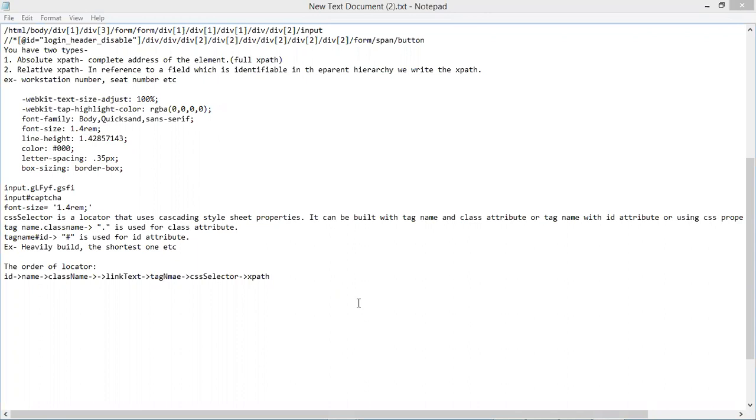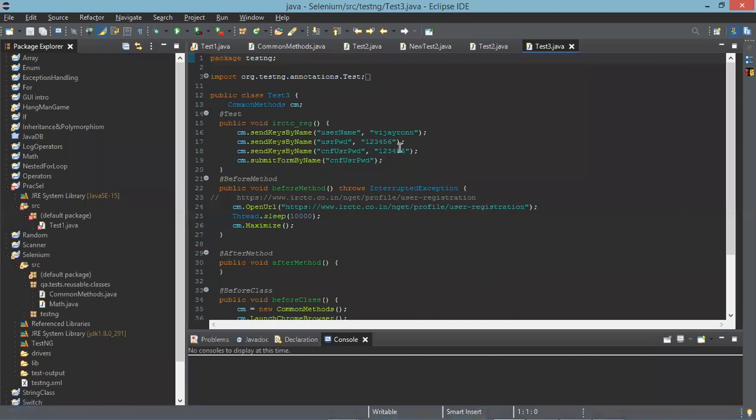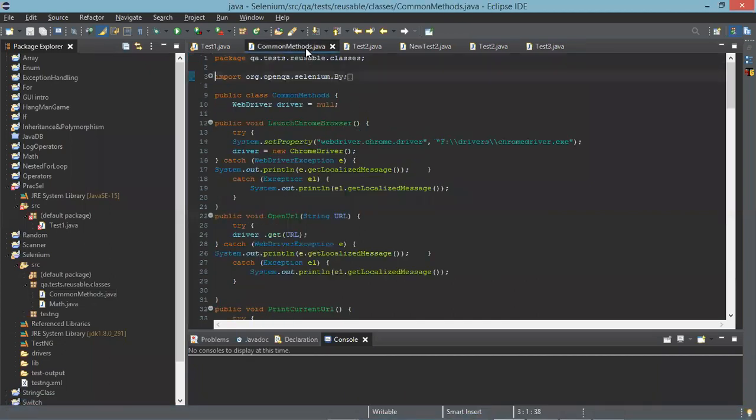So we have gone through the order of locators, the last locators part. And then in Eclipse, what did we practice? Did we practice anything about this locator? I was practicing common methods.